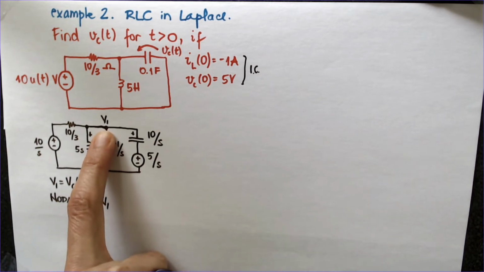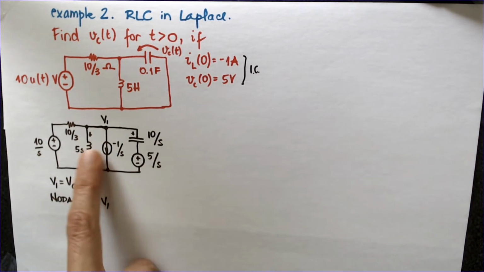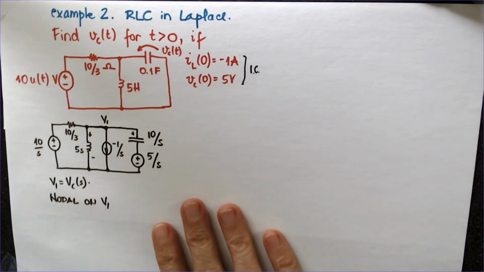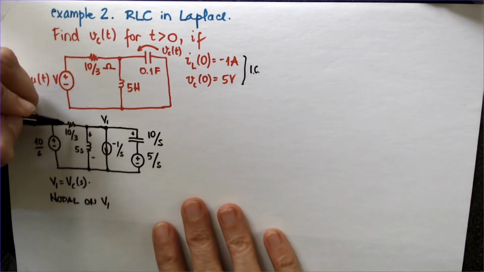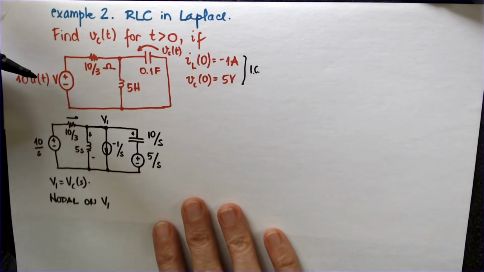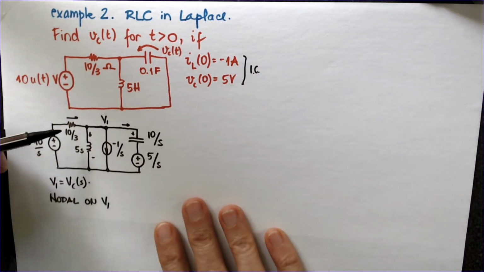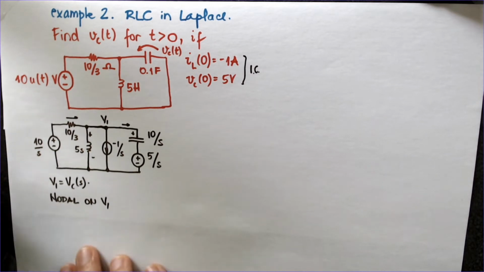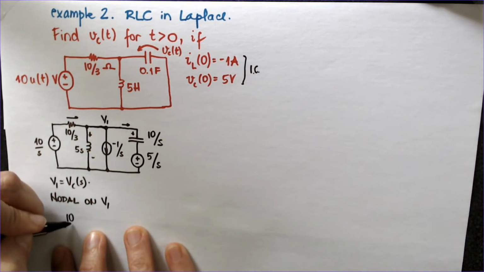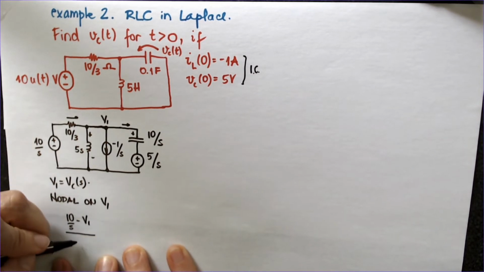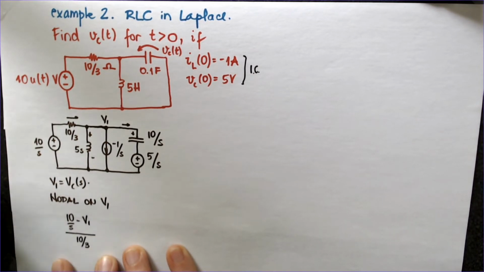So I'm going to say the current on the 10 over 3 ohms is going in. Everything else, all the other currents are going out of that node. So I'm going to get started with that first one. And using Ohm's law there, it's going to be 10 over S minus V1 divided by 10/3. And that's going to be then equal to